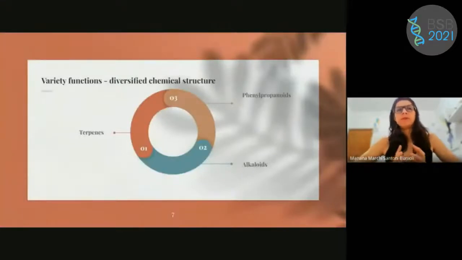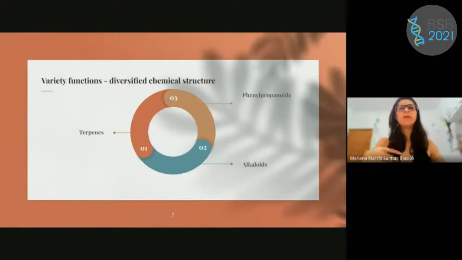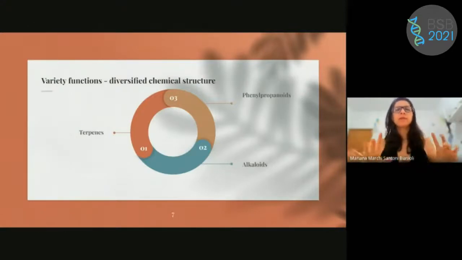This metabolism is grouped in 3 classes: terpenes, alkaloids, and phenylpropanoids. These compounds are identified in all plant tissues, for example, in leaf, root, or seeds, and their formation and gene regulation,